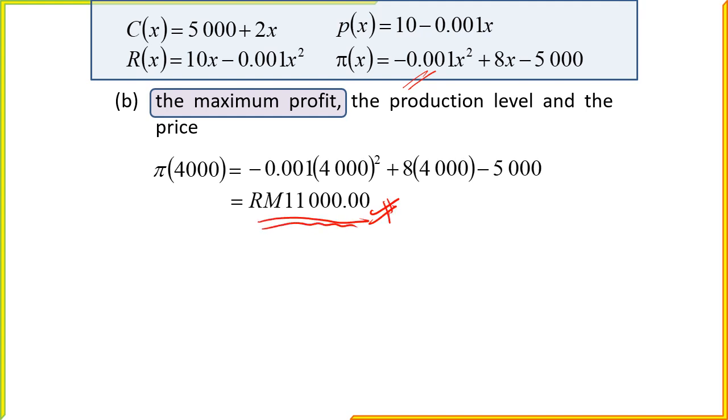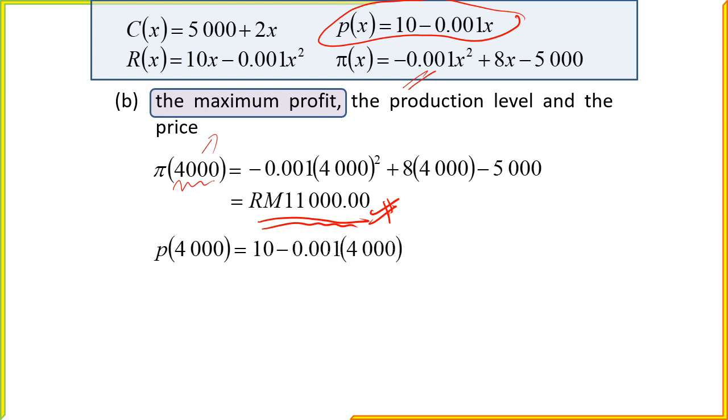Okay, and then the last question is the price. Because we want to produce 4,000 units, what is the price? We just have to use the price demand function. So P of 4,000 is equal to 10 minus 0.001 times 4,000, which is equal to 6 ringgit. So we need to sell the product at 6 ringgit each, and we need to sell 4,000 units